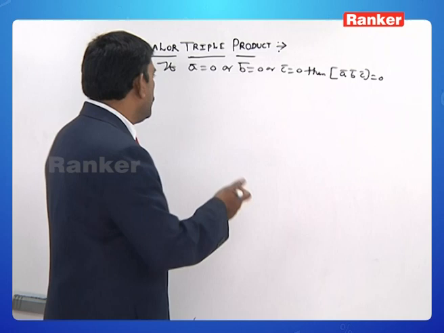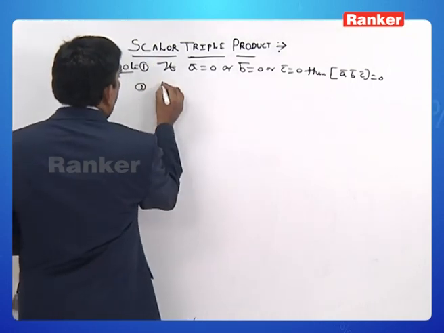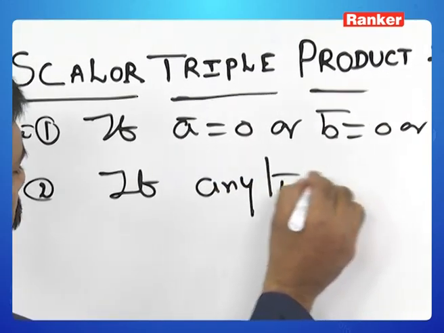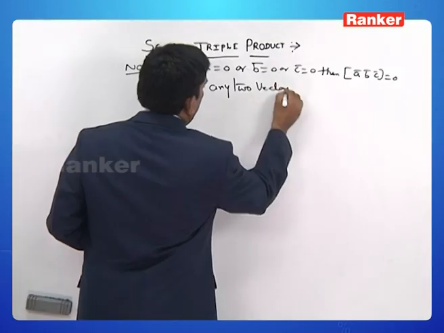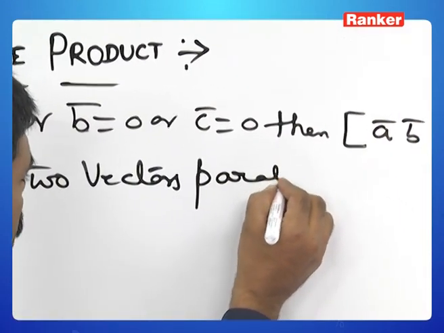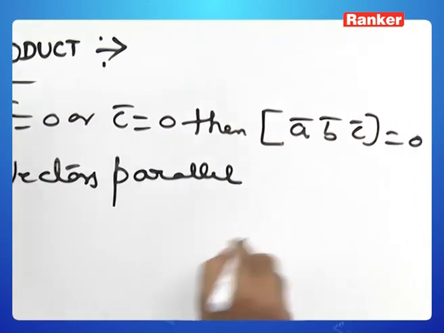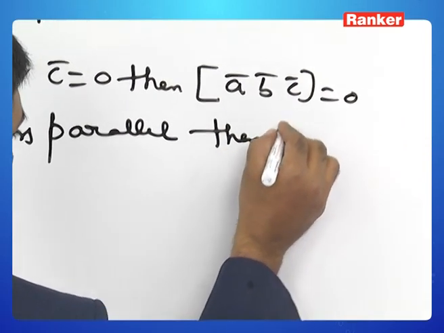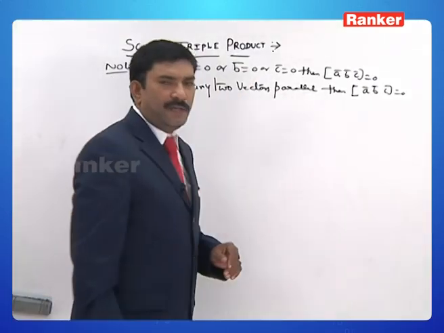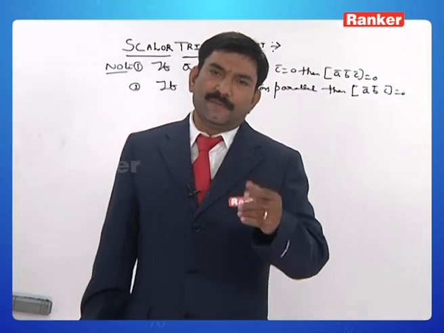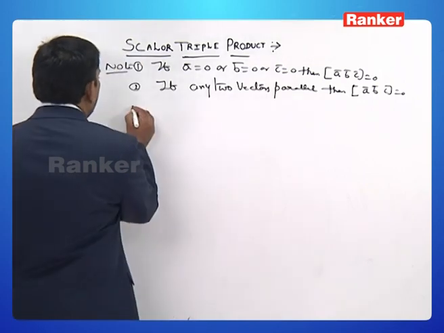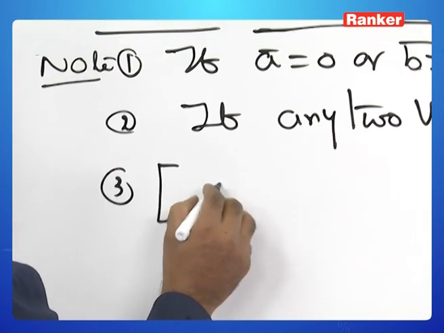Let us discuss note 2. If any two vectors are parallel or collinear, then box of A bar, B bar, C bar is equal to 0. Any two vectors means among A bar, B bar, C bar. Followed? Right. Next, third one is, as I told,